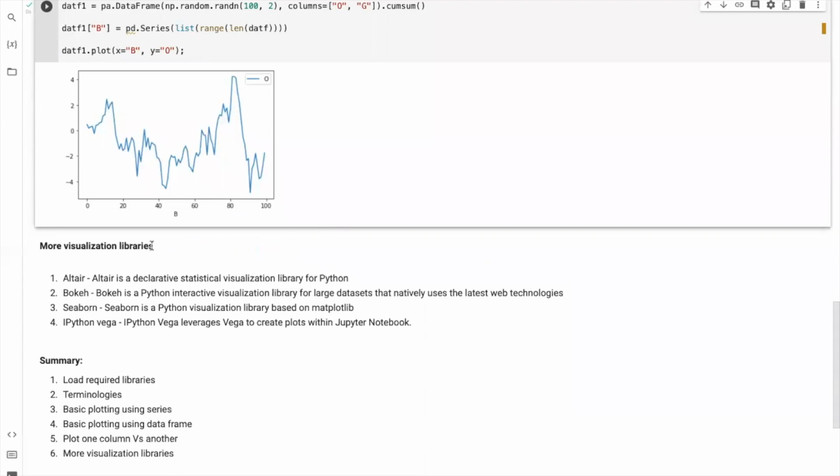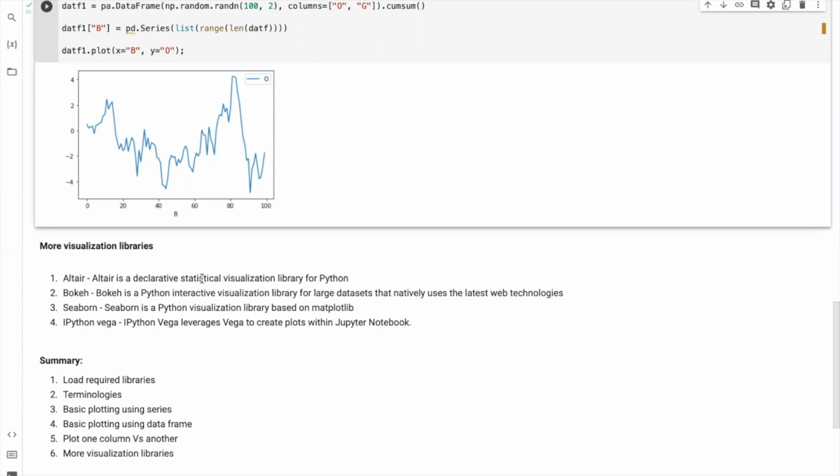More visualization libraries. In visualization, you have several other libraries available. Altair is a declarative statistical visualization library for Python. Bokeh is a Python interactive visualization library for large datasets that natively uses the latest web technologies. When you are using big data related technologies, or doing data mining on extremely large databases,